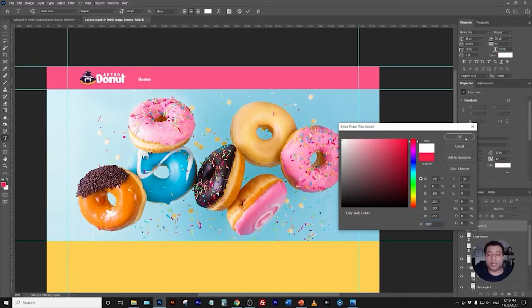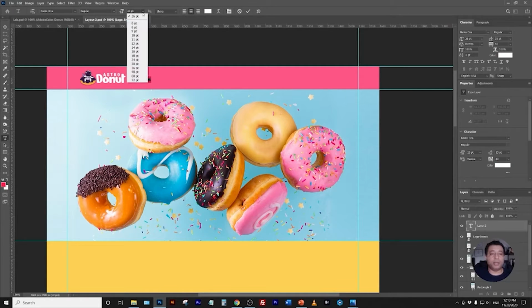I'm already selecting the font type that I downloaded before, which is the Nerco one. Nerco is the font that I'm using. Let me bring this a little bit smaller, maybe 32, maybe 36. It's just a draft. Don't worry about numbers, but it's important for you to have a reference. Okay, so this is home. I always give a space of 5 or 6. Let's do 5. Home, about us,